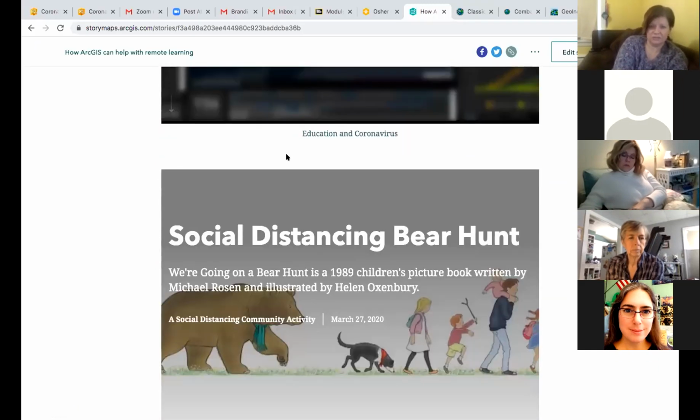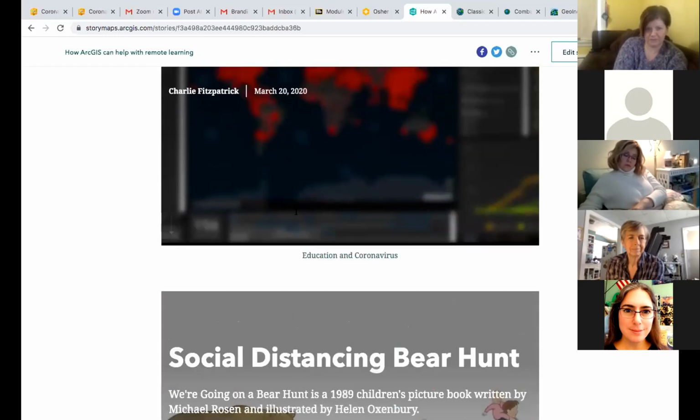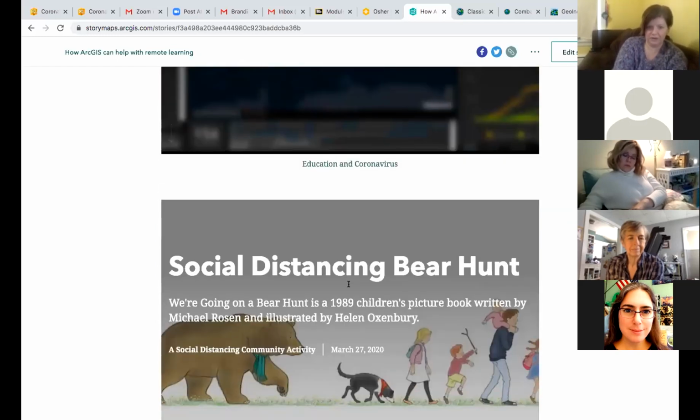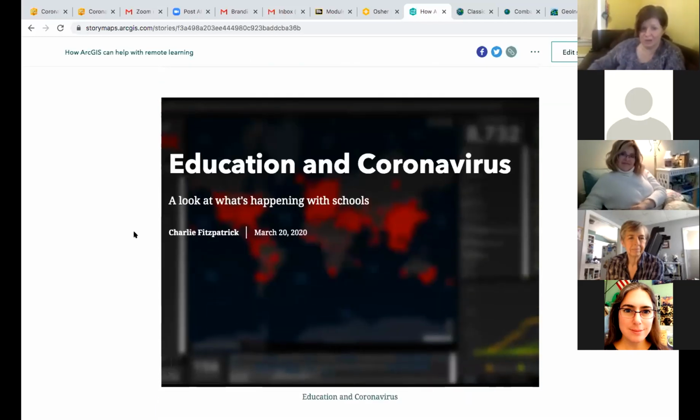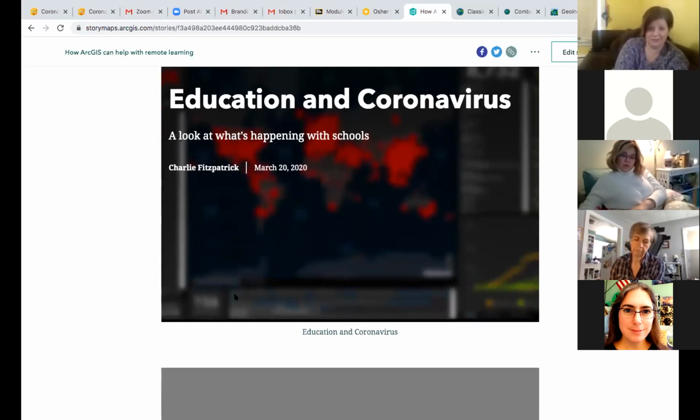But these are two story maps that have been created. I created the one on the social distancing bear hunt, but this one's done by Charlie Fitzpatrick, who is one of the main educator professionals for Esri. And it's a story map embedded in a story map. And if you click the little arrow, it takes you down,